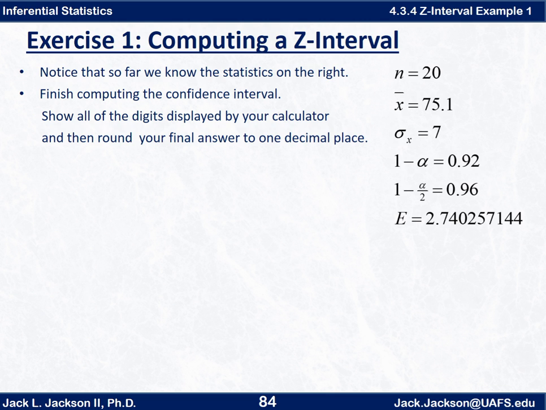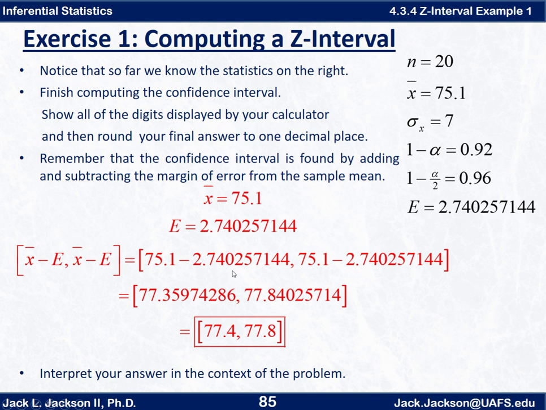Press pause. Okay, hopefully you've been pressing pause and working through these on your own. The whole point of this is for you to get some practice. And here we go. The main thing we need is that x bar is 75.1 and E is 2.74, etc. The confidence interval goes from x bar minus E to x bar plus E. So you just plug that in, 75.1 minus E up to 75.1 plus E. In my calculator, I might store the 75.1 as m, the mean of the sample. Then I could just do m minus E to m plus E, and this is what I get. This is all the digits shown by my TI-84 calculator,